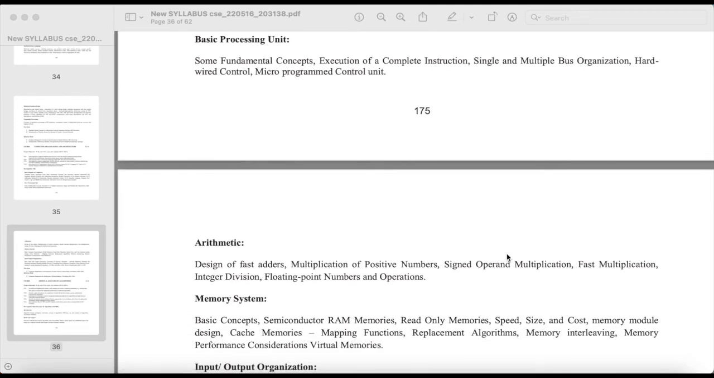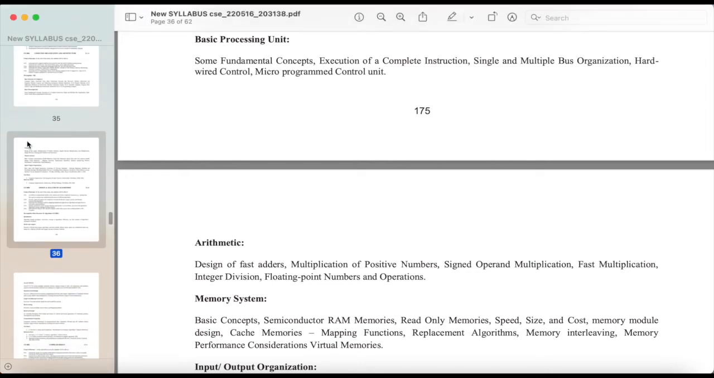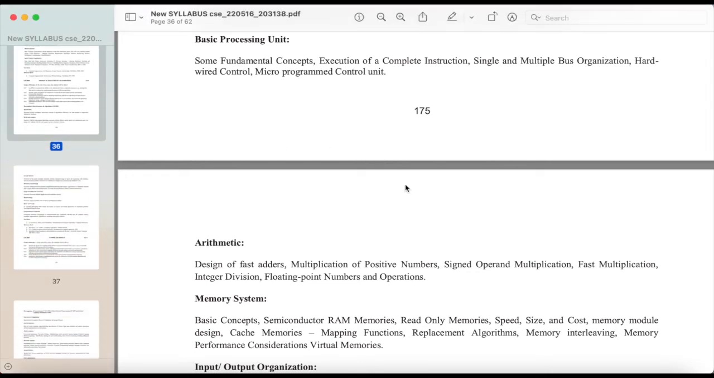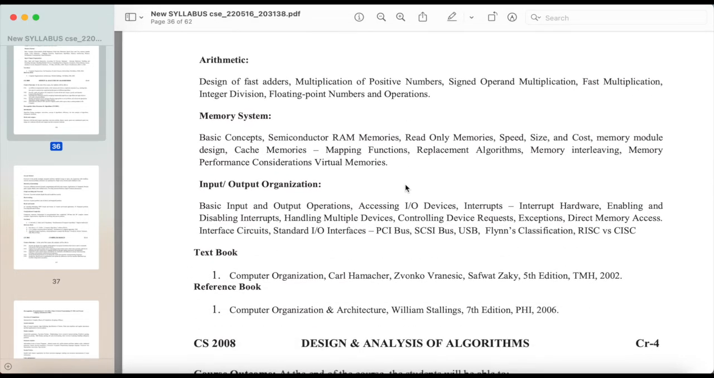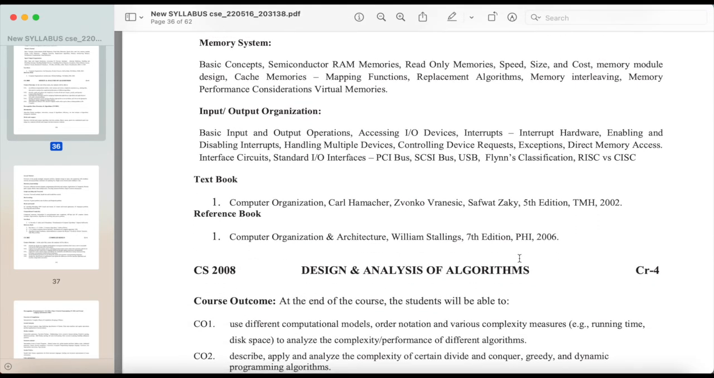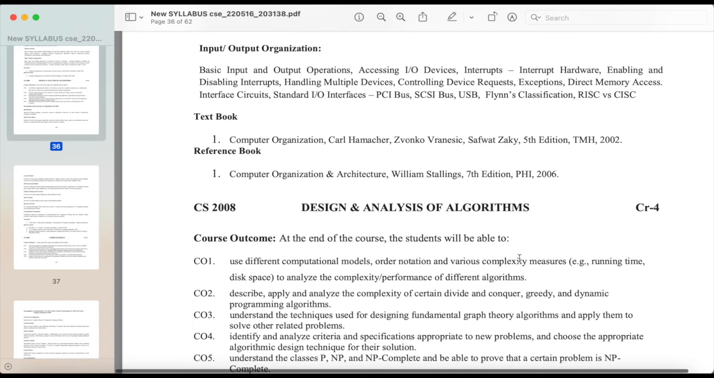multiple bus organization, hardwired control, microprogram control unit, arithmetic, design of fast adders, multiplication of positive numbers, signed operand multiplication, fast multiplication, integer division, floating point numbers and operations, memory system, basic concepts, semiconductor RAM memories, read-only memories, speed, size, and cost, memory module design, cache memories, mapping functions, replacement algorithms, memory interleaving, memory performance considerations, virtual memories, input-output organization, basic input and output operations, accessing I/O devices, interrupts, interrupt hardware, enabling and disabling interrupts, handling multiple devices, controlling